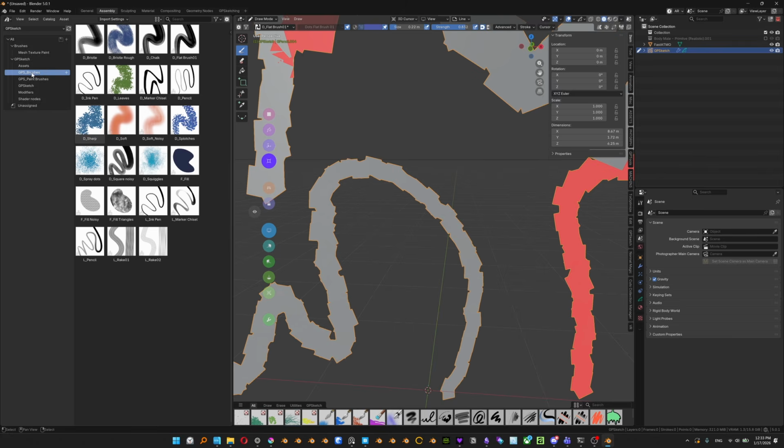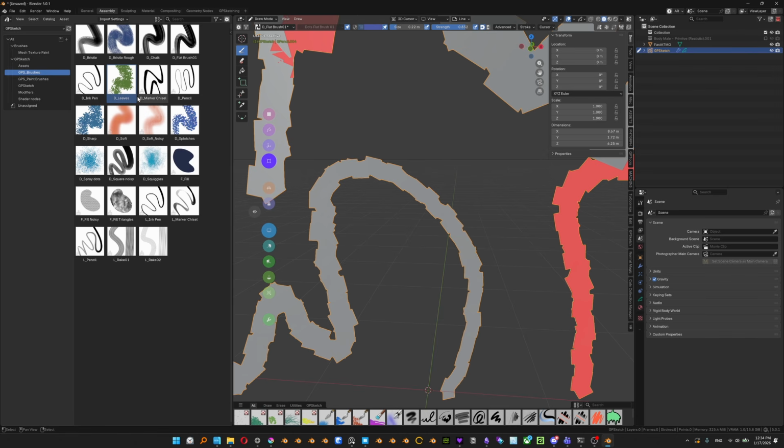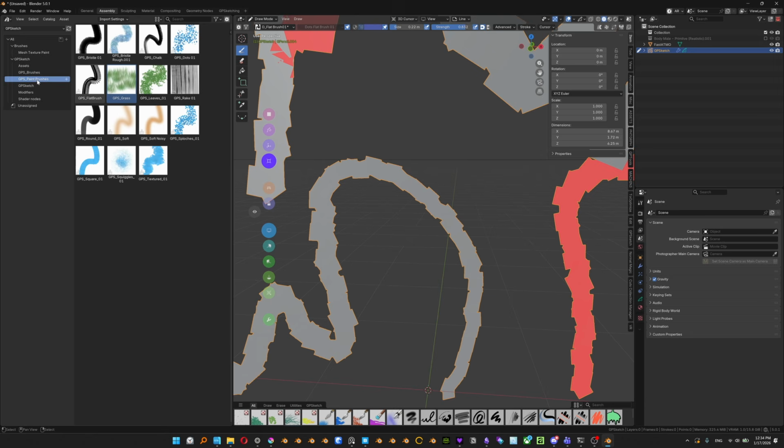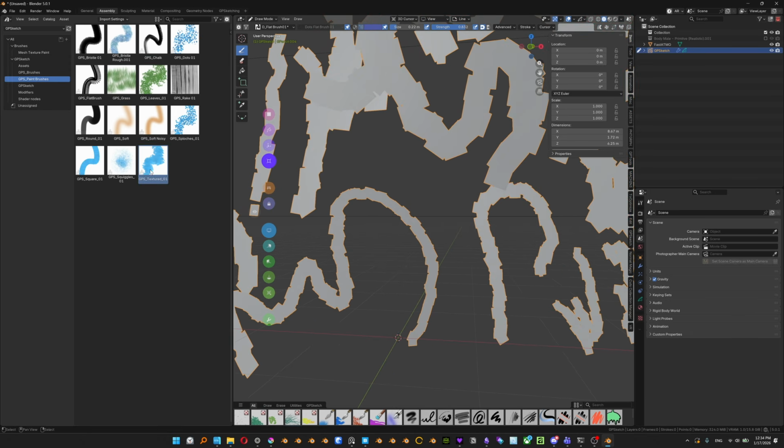There's another feature. If you have already paint brushes or grease pencil brushes and you want to convert them into the other one, you can, in your asset browser, right-click and convert to paintbrush if it's a grease pencil brush, or convert to GP brush. And it will do its best to match the settings and have the same look on the converted brush. So this is also really cool because if you got a library file of paint brushes and you want to have the same look in your grease pencil to match when you're painting in two different modes, you can use that. You need to do them one by one, but you can just click and then it will ask you